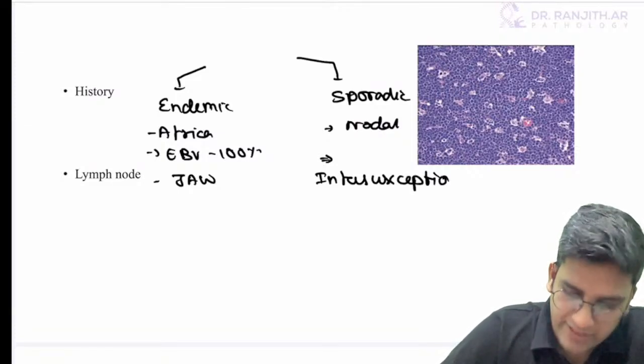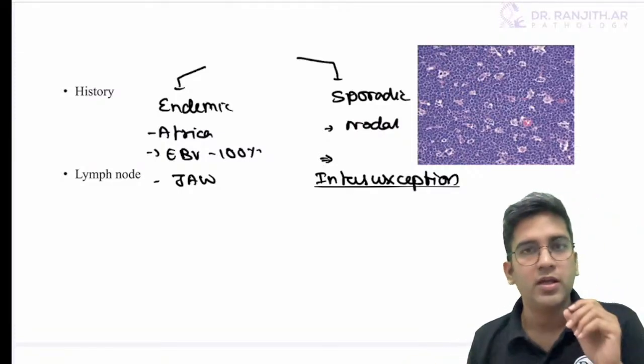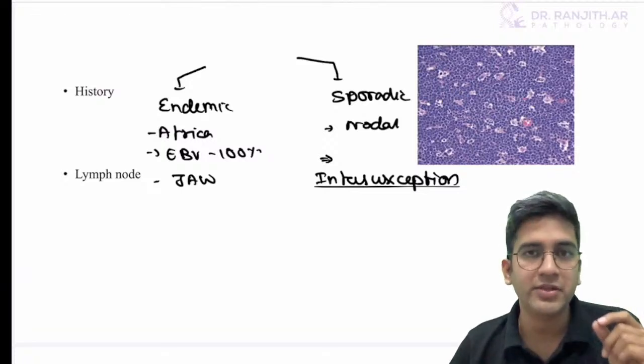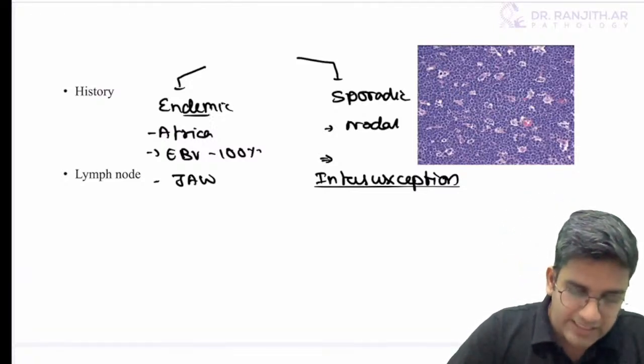Intussusception is a classical finding seen in case of Burkitt's lymphoma. Polyps is a classical finding seen in case of a mantle cell lymphoma, right? This classification